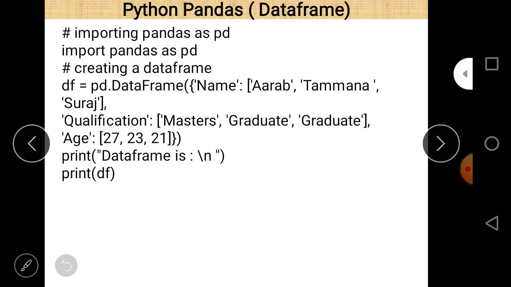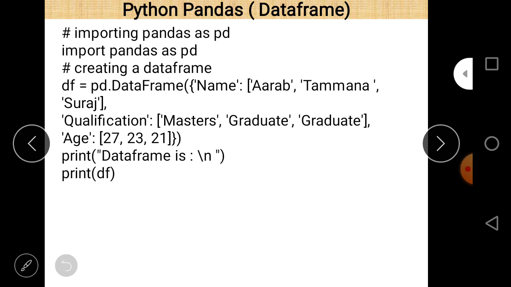As we know, pandas is the name of the library which is useful to create or manipulate a data frame, and pd is the alternative name given to the pandas library. Whenever we want to use pandas as a library, we just write pd in place of pandas, and then we put a dot operator, and then the name of a function belonging to that library. That is the way to use a library, and here the library is pandas, and we take its alternative name as pd.